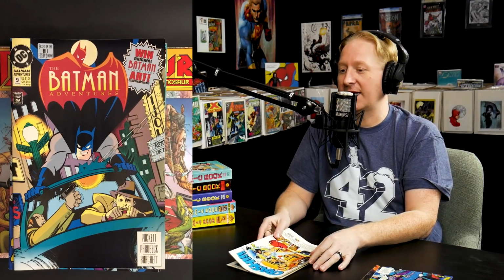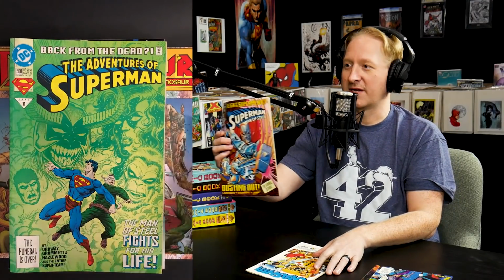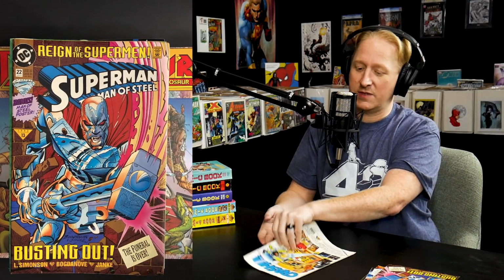Batman Adventures 9. Wow. So I'll spoil mine. I know this one isn't it. Well, and we know that this one isn't it because that was right on the outside. The funeral is over. And it's nice that we had all 4 of the funeral is overs, and Steel, and then this one, Batman Nightfall, another Kelley Jones. You know what? $70 for a bunch of books that aren't very expensive. Was it 70? I thought you paid less than that. It was like $70. Well, the good news is every single one of these is going out in the mail call,